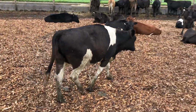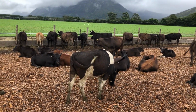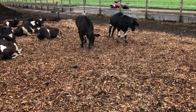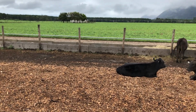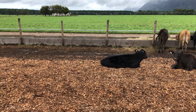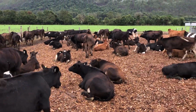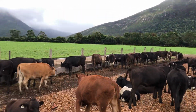And these guys are on a ration now that's made up of chicken litter, a bit of hominy chop, a bit of triticale silage. A lot of people aren't familiar with it, but triticale silage, and what else is in there? Also some teff hay. And I think they'll do quite good. We've had good results raising heifers like this before, but as soon as I do have sufficient pasture, I'll put them back out, and